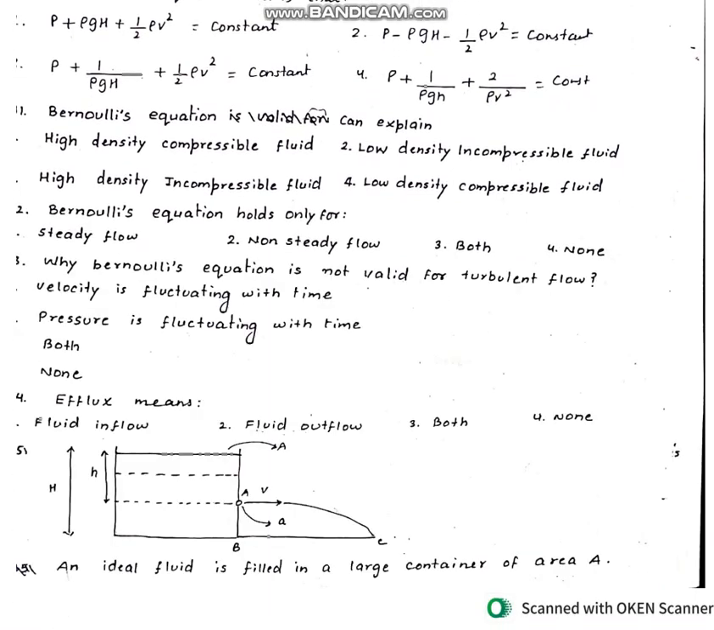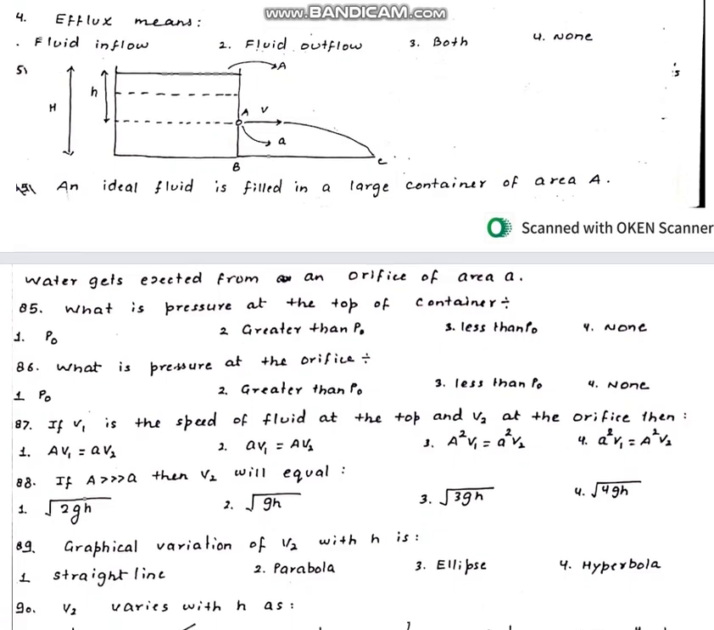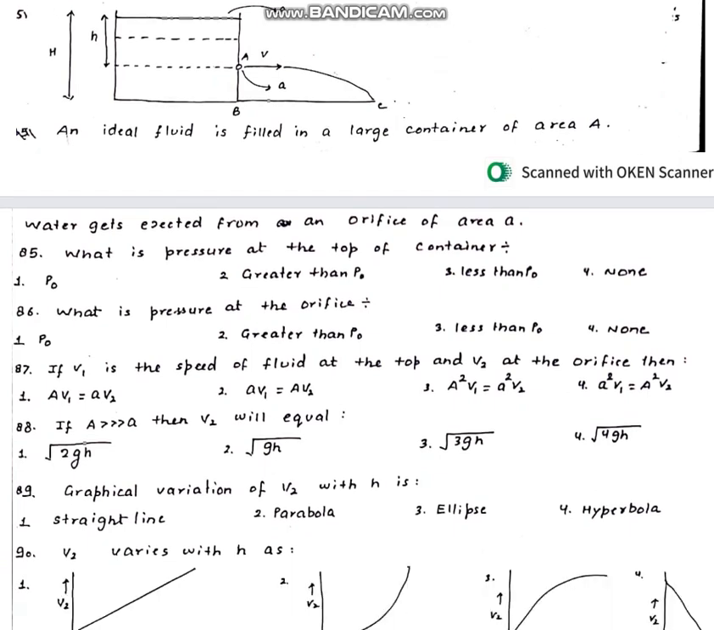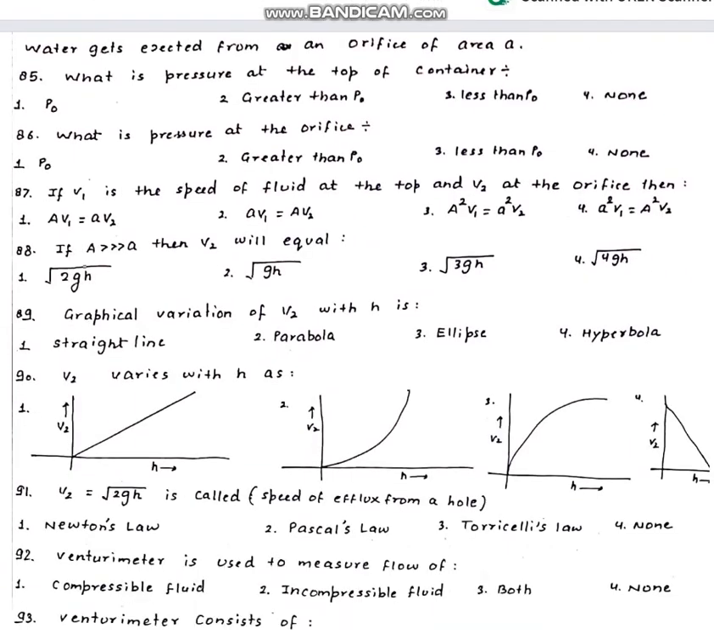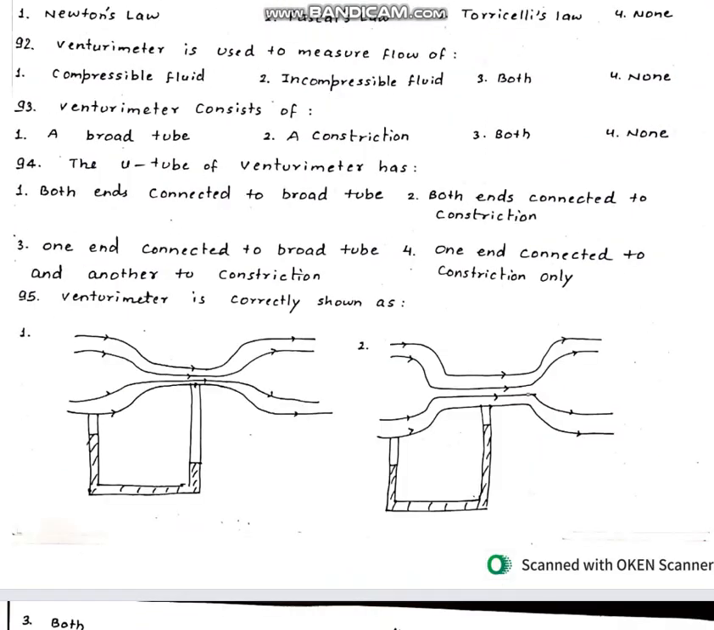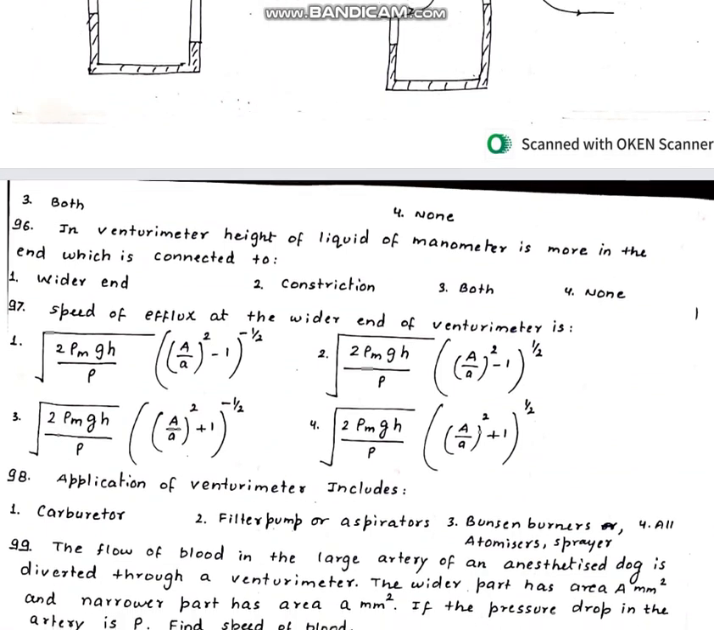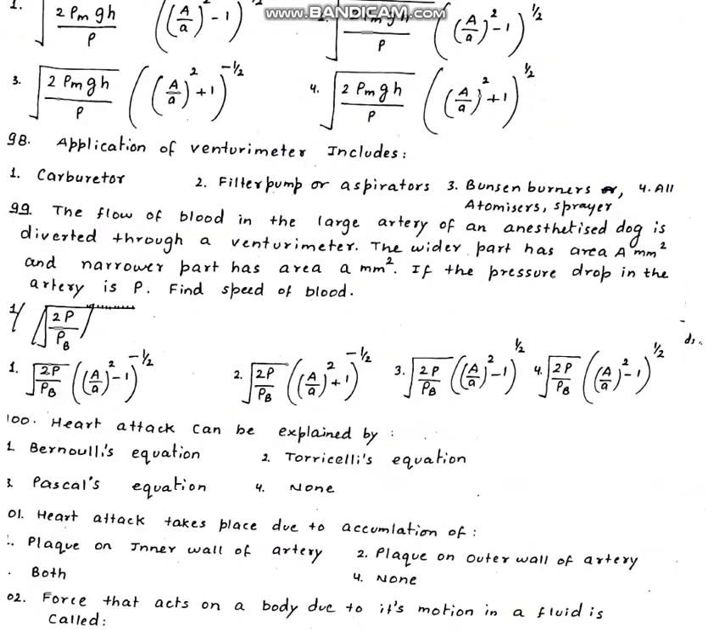Then we have a flux problem. Then we have ideal fluid problem. Then pressure at different points, use of continuity equation, velocity of flux, graphical variation. Then venturimeter, then speed of flux at the wider end,